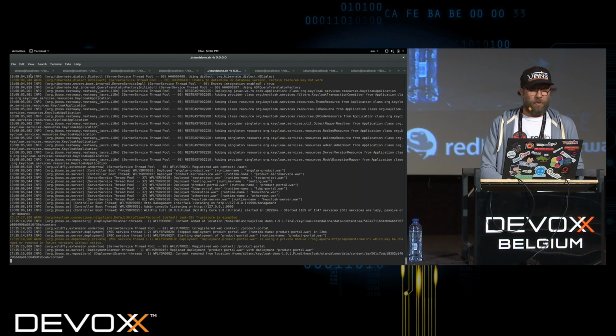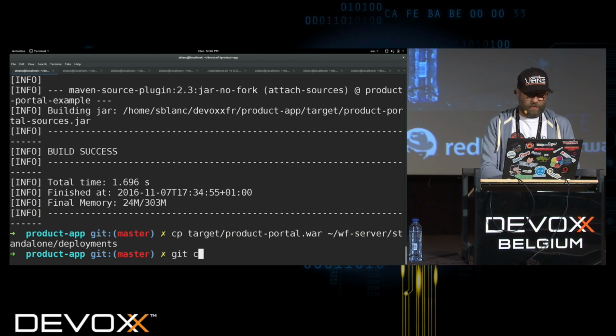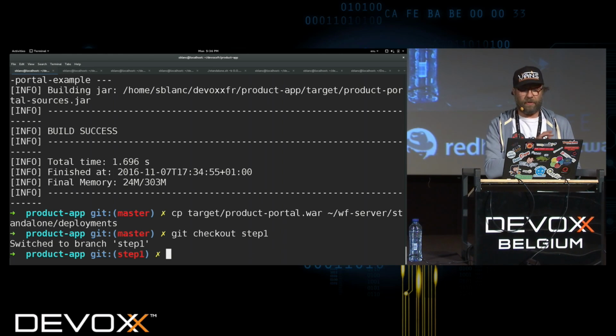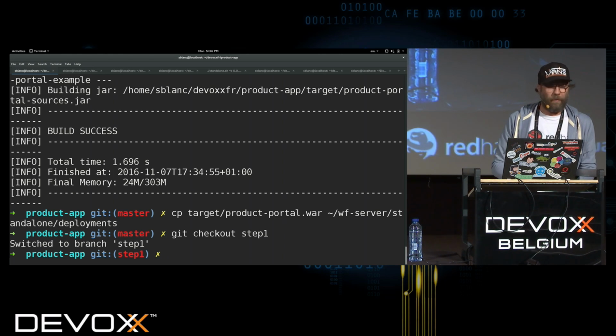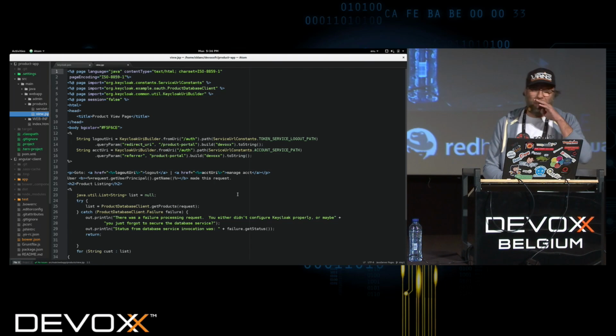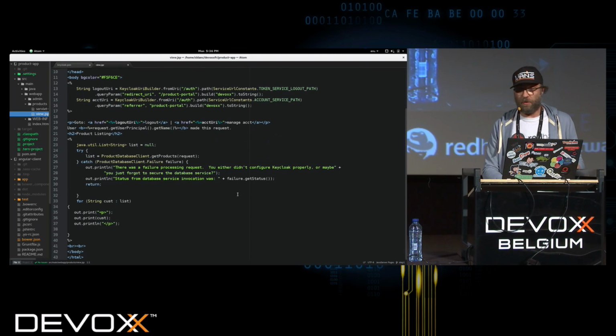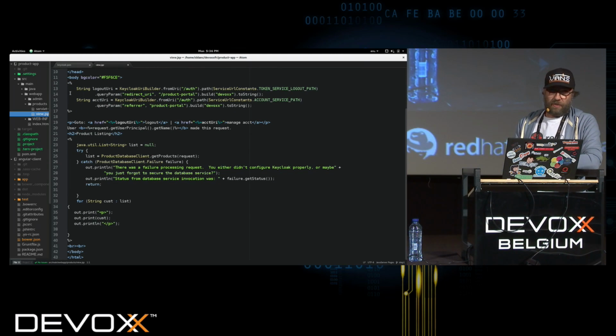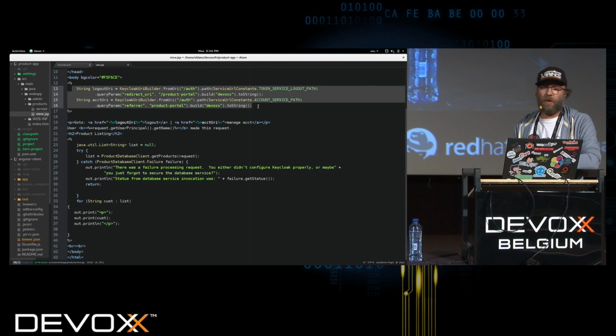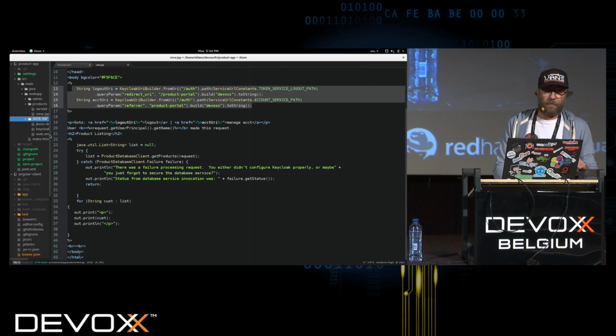And what I will do here, I'm using branches instead of live coding. Way easier. Okay, step 1. Let's go back to our app. The first thing we can see here is that I didn't change anything in this JSP. I just added some stuff around log out and log in, but the core business hasn't changed. What I changed is my web.xml. Oh, I forgot to show you the earliest version, but